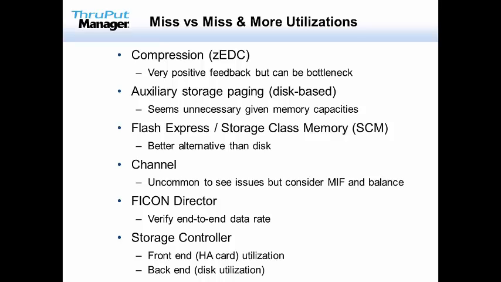I would say you should be doing a similar level of capacity planning with your storage controllers as you are with your CPUs. They have capacity. You don't just want to look at dollars per gigabyte. If we only look at dollars per gigabyte, we just buy tape and go home. But it doesn't work that way. You want to actually see what kind of performance you're getting, and some of the points I'm talking about here, front end and back end of these machines, measuring these utilization numbers.